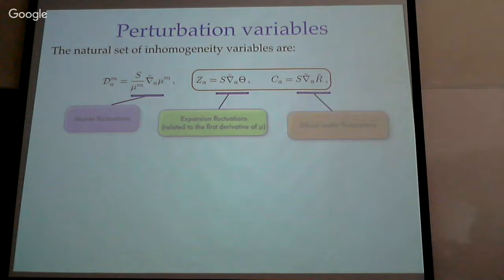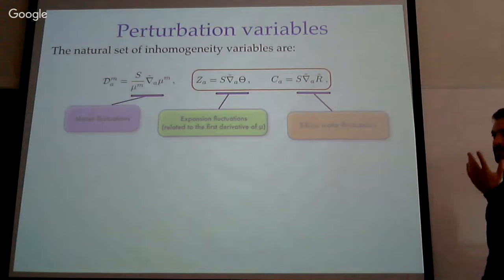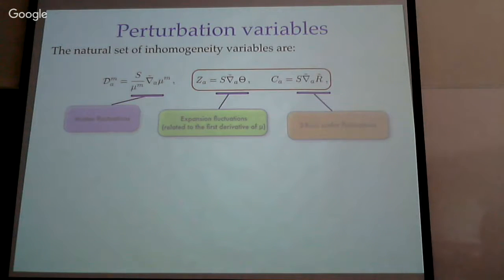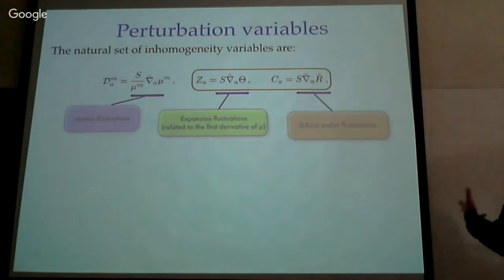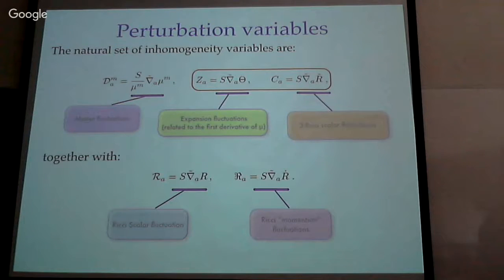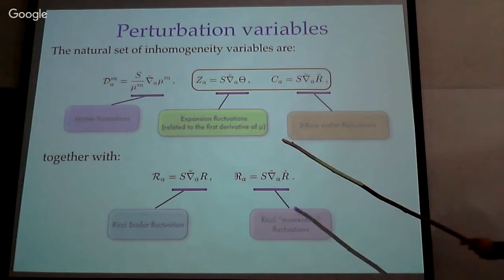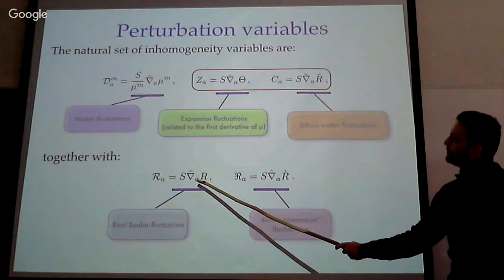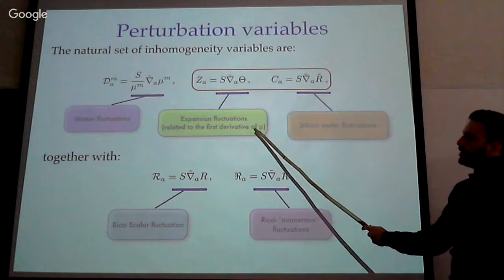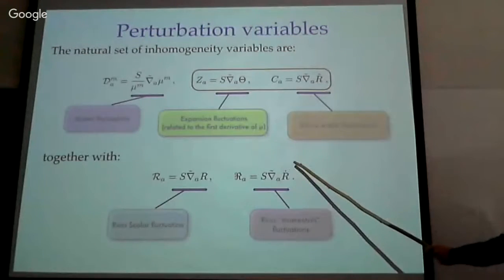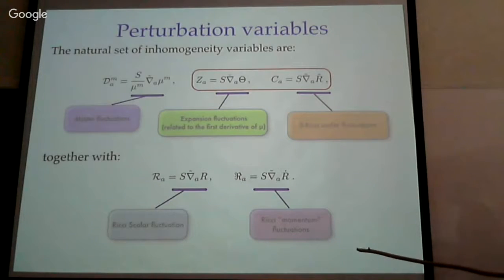In general relativity, you can use only 2 of them and obtain the classical second order equation that describes how the perturbation works. In f(R) gravity, things are a little bit more complicated because we have more degrees of freedom. And so we have to introduce another 2 variables in order to close our system. And these 2 variables are structurally similar to the ones we defined here. So here we have the amount of fluctuation, here we have the Ricci scalar fluctuation. And here we have the expansion, which is essentially the first derivative of the matter energy density. Here we have the first derivative of the Ricci scalar. One does this,